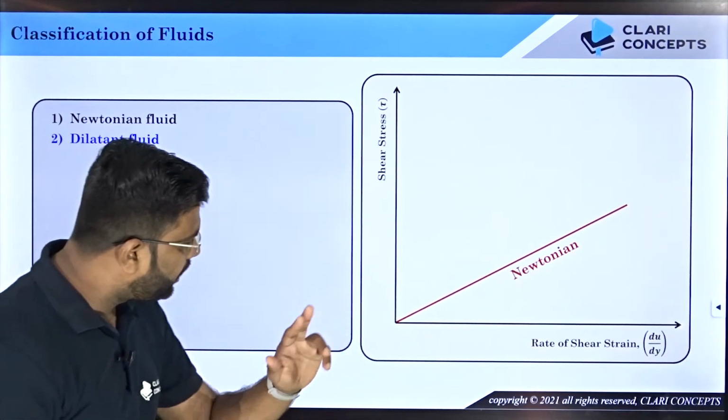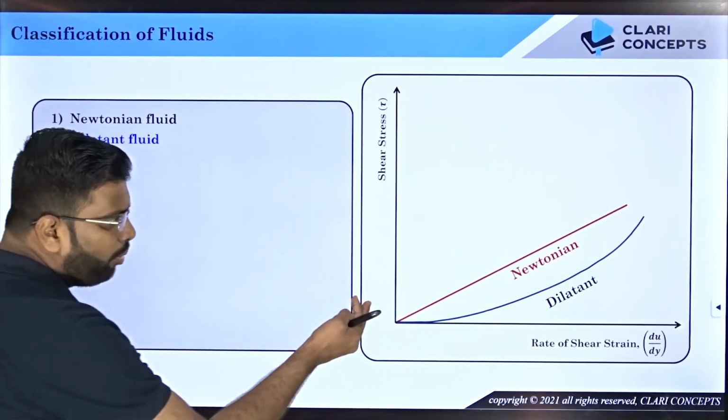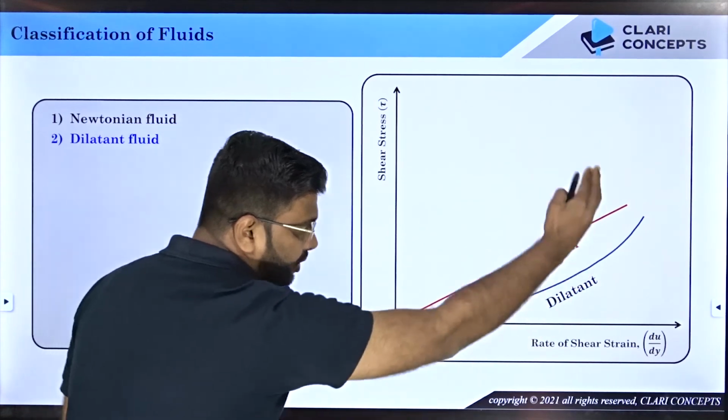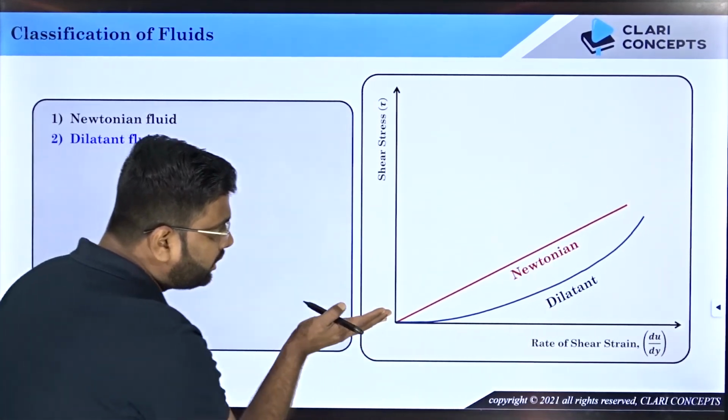So, when I draw the graph, I will see something like this. It is no more a straight line, but it is something like this. Now, what does this curvature